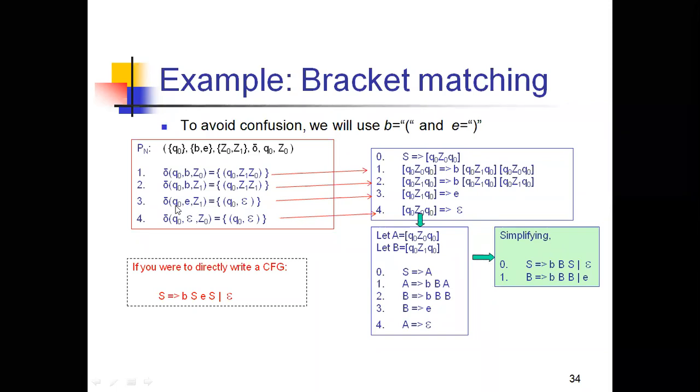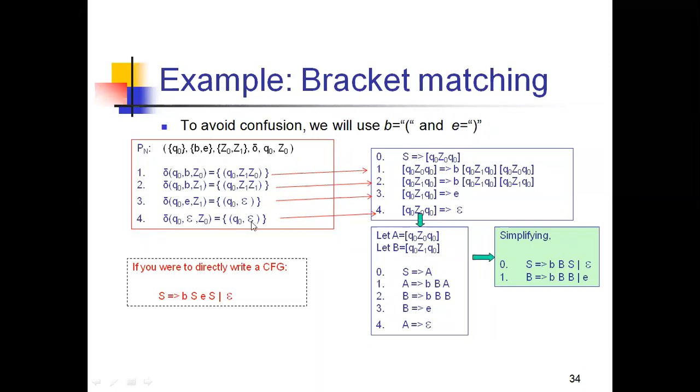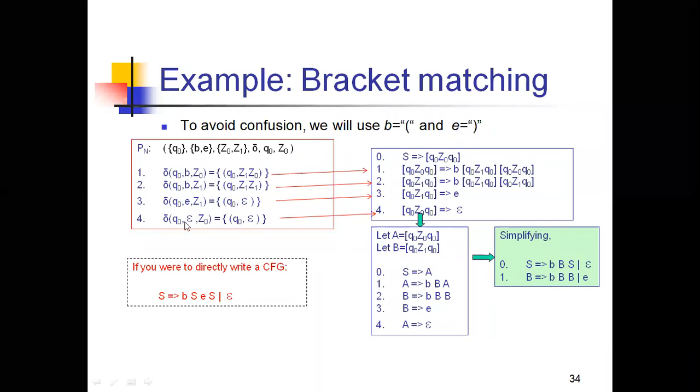So you need to take Q naught Z1 Q naught, and what is the output we have here? Epsilon. So epsilon means nullable, but what is the input you have here? E. So directly you are writing E. That means it tends to E. And now Q naught epsilon Z naught is giving Q naught epsilon. That means Q naught Z naught Q naught is giving an output of epsilon. Here we have an input alphabet epsilon. So that's why it tends to epsilon like this. I think it is clear to you all.